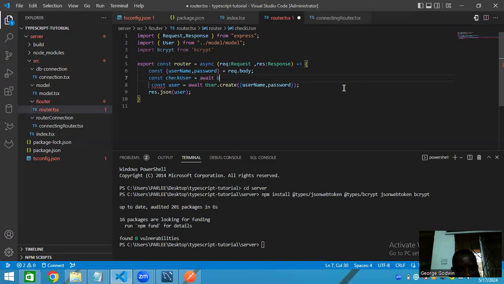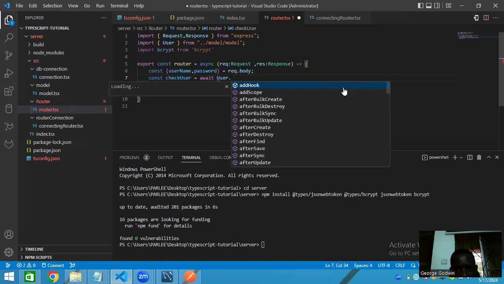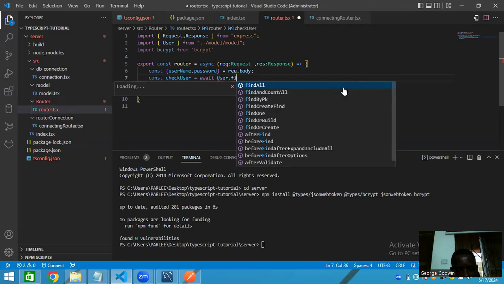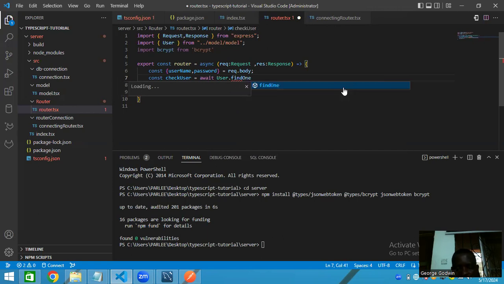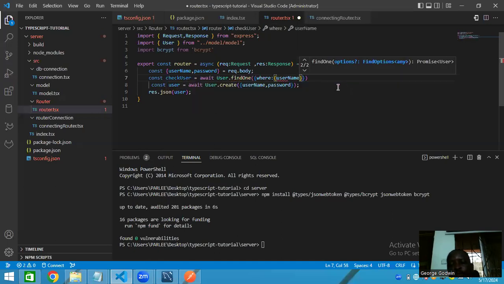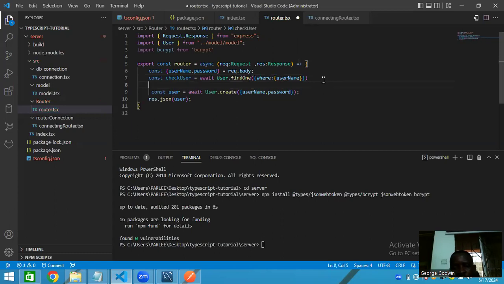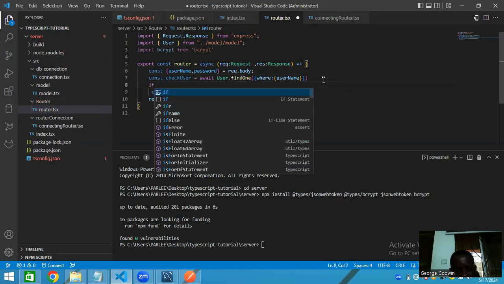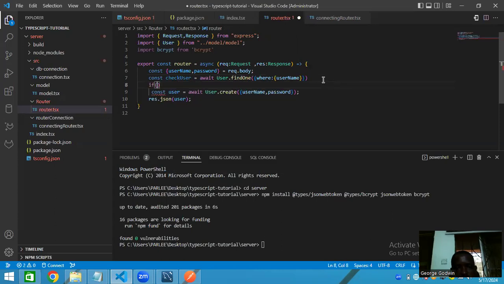Then I'll say User, then I will call find one. Here we have such user, username. So now we have checked our database if we have a user like this. So if we have this user inside of our database,